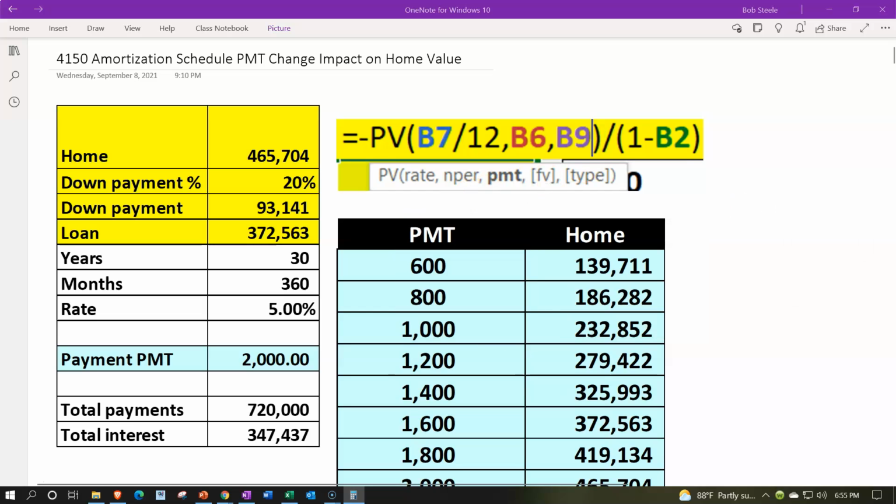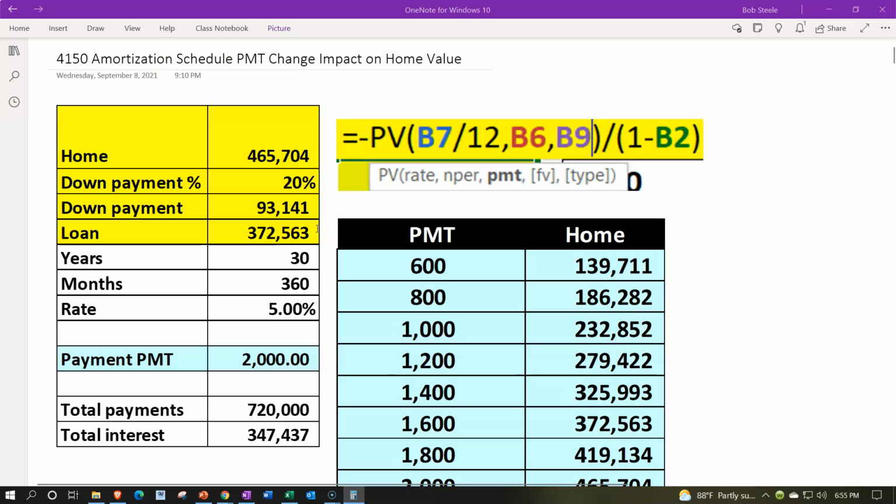So we're dividing, and then instead of just putting 80%, I'm going to say 1 minus this cell, referencing the 20%, so that if I change the 20% to 10% or something like that, it'll all work out and everything will tie together, referencing whatever we can to our data when we can. So that calculation will give us the home value. It'll get it all the way up here to the home value. Then the 20% will be calculated automatically to get the down payment. And then the loan amount will be calculated down here,